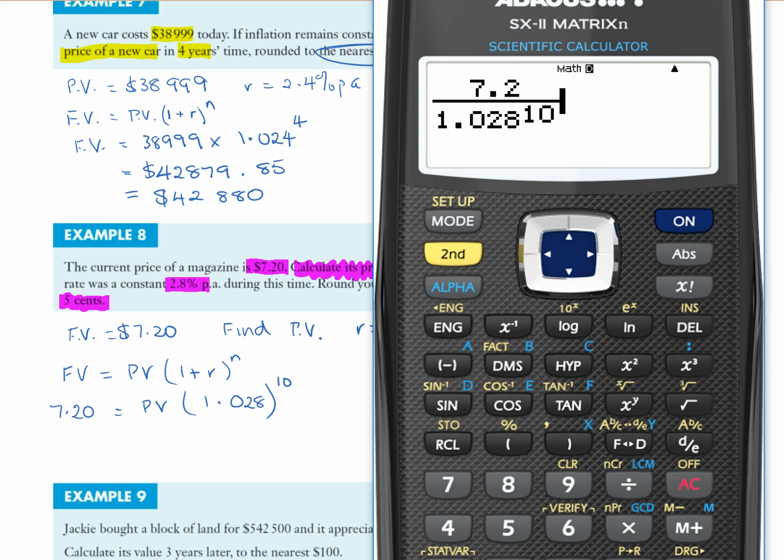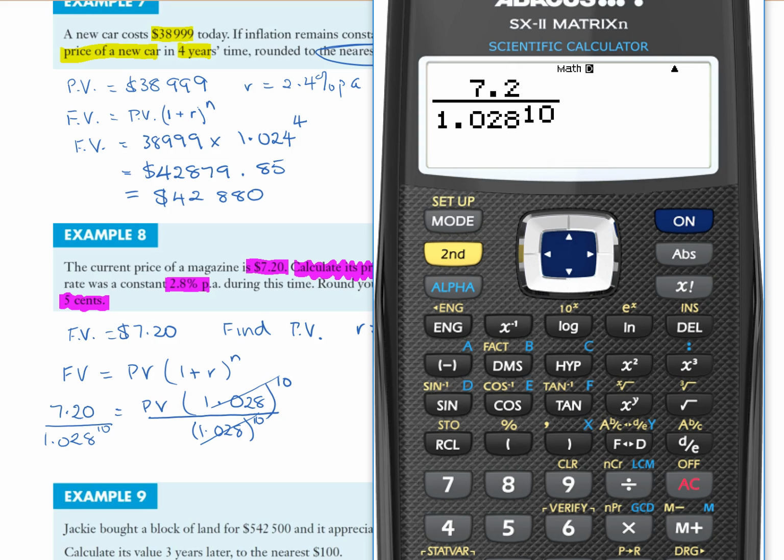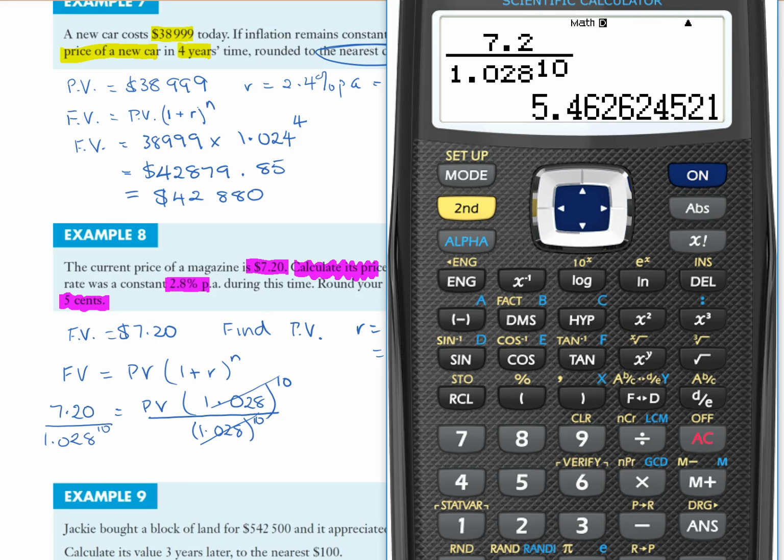So you can see I've gone to my calculator, I've put those in. The calculation you can see on the calculator, and I'll get that back in a minute, has come from wanting to get the present value all by itself, so we need to divide both sides by 1.028 to the 10. Having a look at the calculator, can you see the convenience of this new calculator and the fraction, in that you can use a decimal inside a fraction, and inside the fraction another complication is to raise it to a power. The calculator copes with all of that and gives us that the price must have been